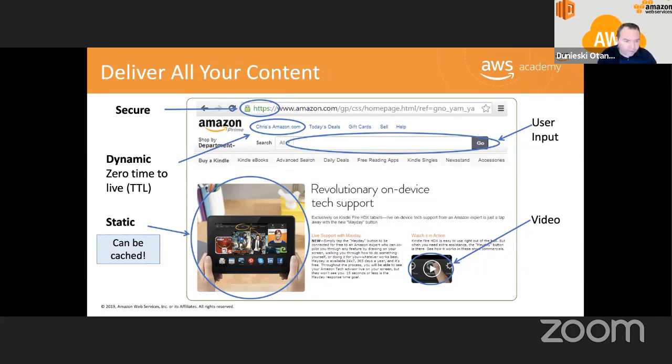Business, right? So it's a zero time to live, TL, right? Time to live. And they have a static section that you can see in an iPad. That information can be cached there. They have a video section